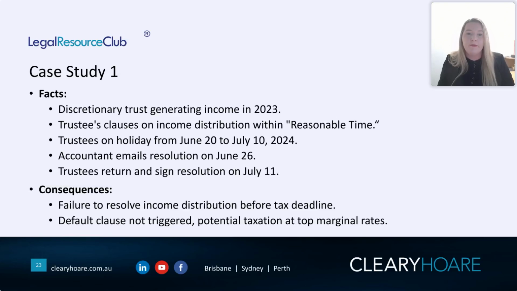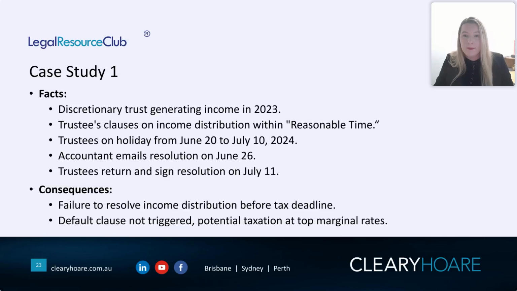If we were to have the trustees going away on holidays from the end of June to the beginning of July, let's say the accountant recognises the end of financial year coming up, and so they prepare resolutions and send them by email, but they're not ultimately signed until the 11th of July. Looking at the terms of the trust deed, it could be argued that the reasonable time for making those distributions was when the trustees came back to Australia and signed the resolution, but that's not going to help us from